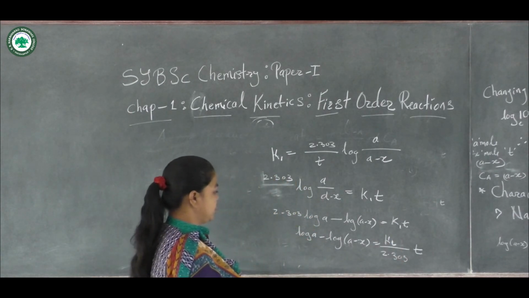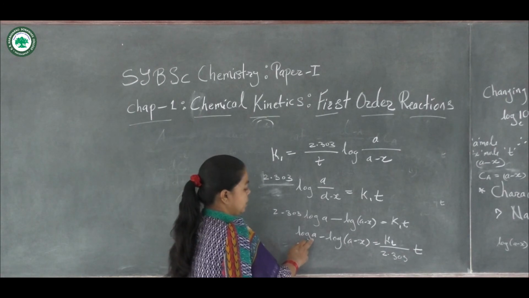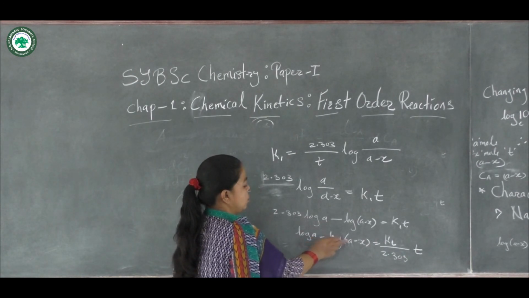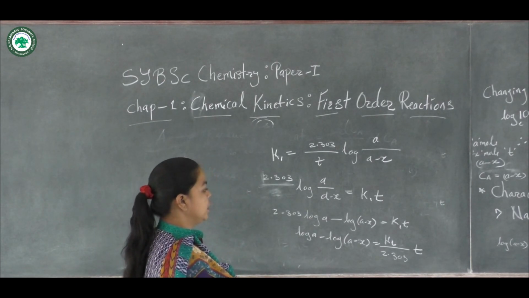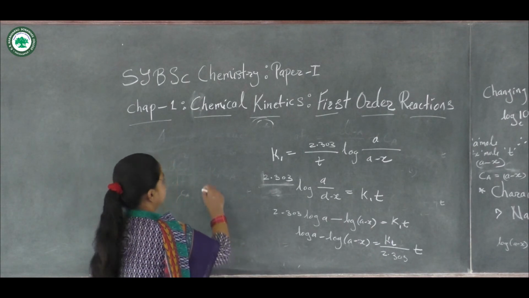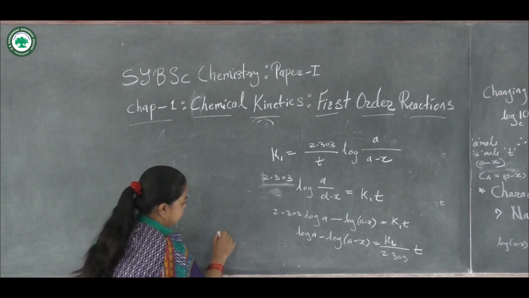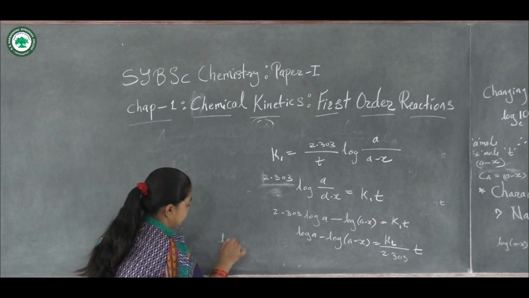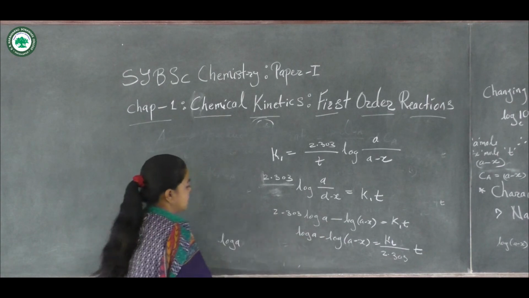So this is the rearranged equation here. Again this is log a, minus log of a minus x. So we can again rearrange this equation, and we get the equation of a straight line, that is log a. If we change the sign,